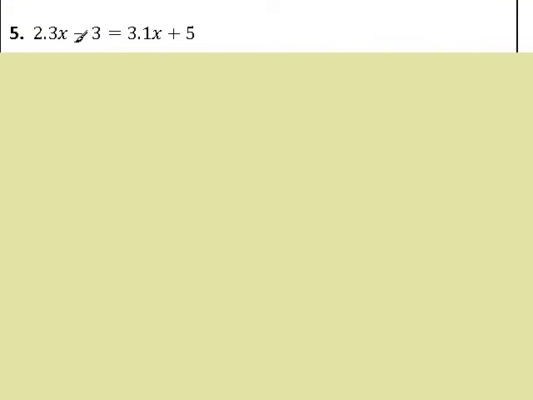Number 5, we have some coefficients of the decimal numbers, and we'd like to clear them out and have only whole number coefficients. So if we multiply both sides by 10, the decimal will move over one place to the right, and we'll have whole numbers for coefficients. So let's do that. Let's multiply both sides by 10. Okay, we'll multiply through, and here we get